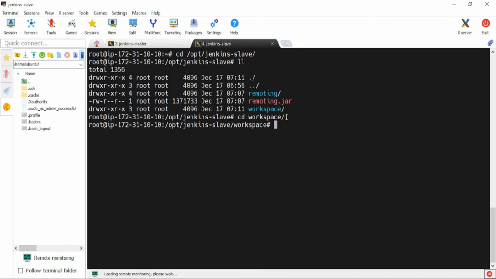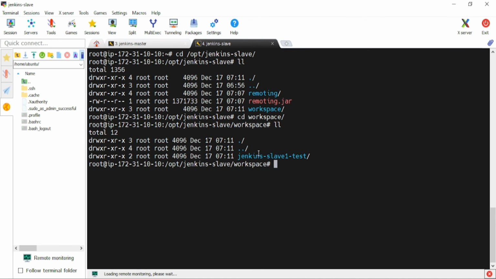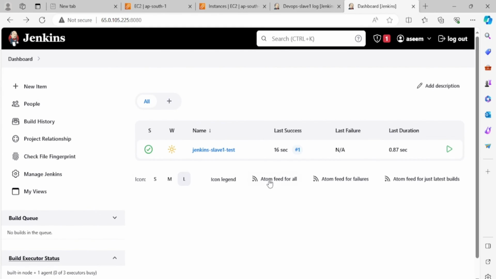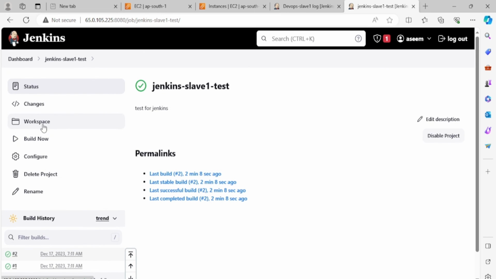If you do ll, you will see Jenkins slave one test, right? This is the pipeline we have created. We'll go inside that and see what content is there inside. This is all on the Jenkins slave machine. So if you click here, fine. If you click on this, and go to configure,